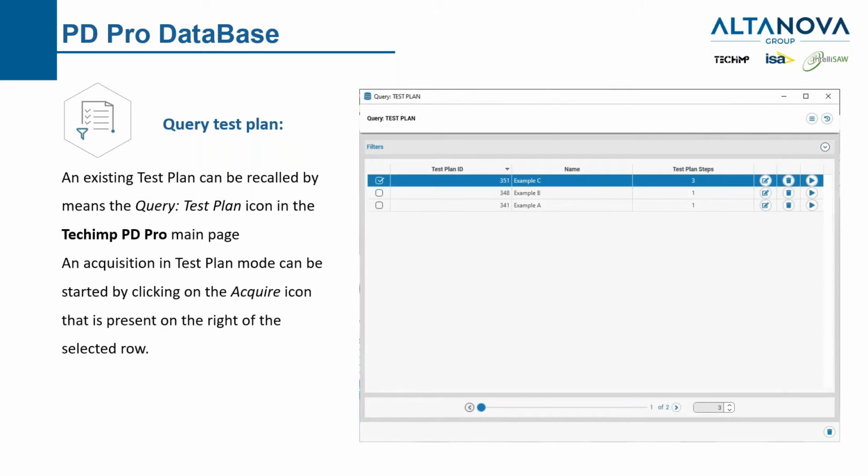To query a test plan, we will have the list of the test plans that have been created on the PDPro, and we can retrieve one of the test plans to be run for a new test or to be modified. I want to be quite clear on this point because we have made a lot of effort to improve